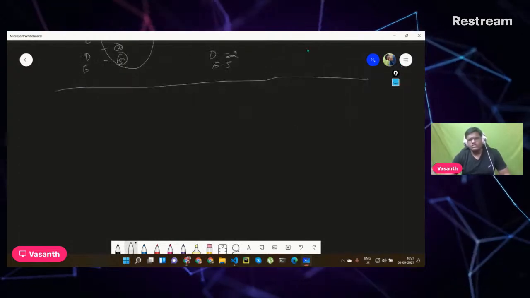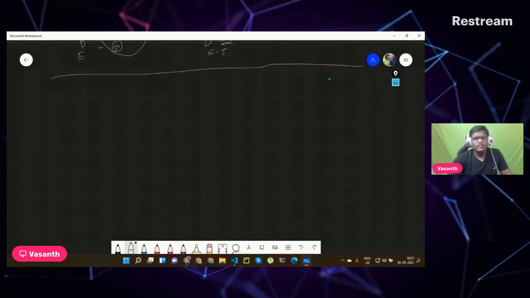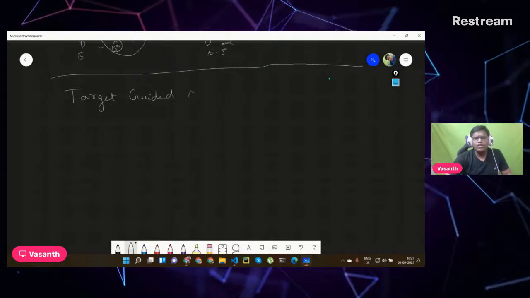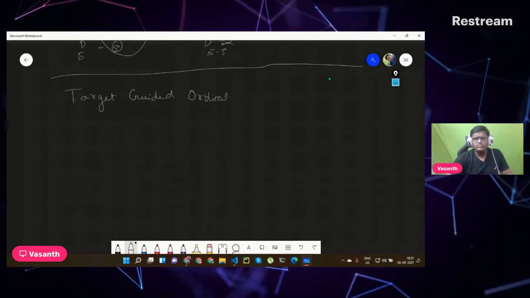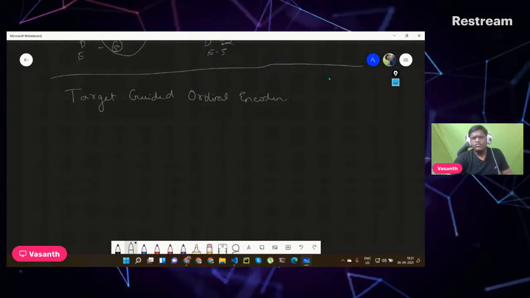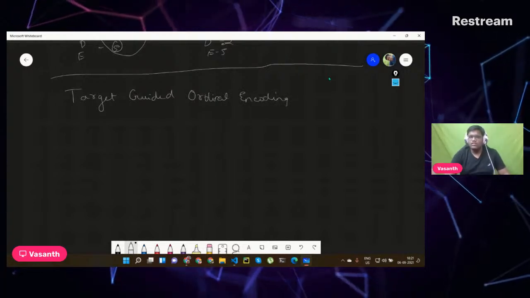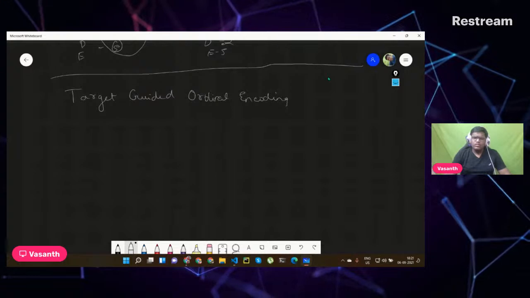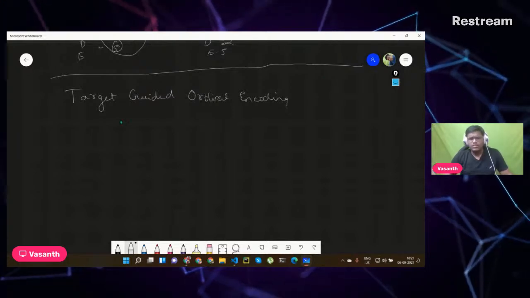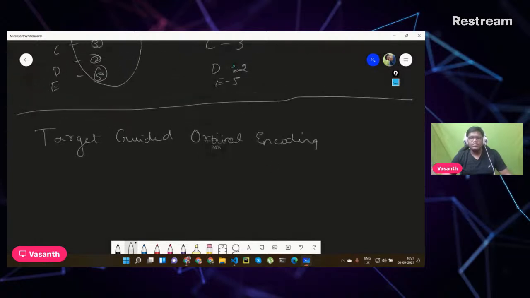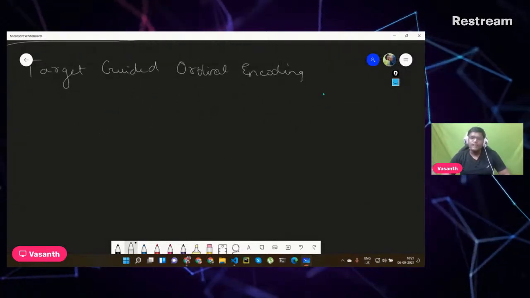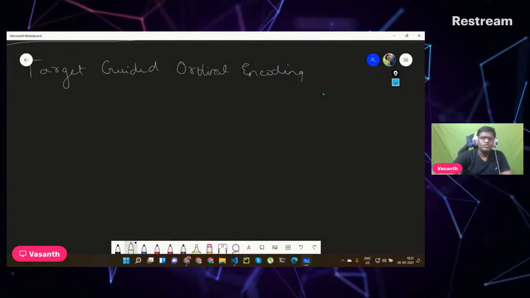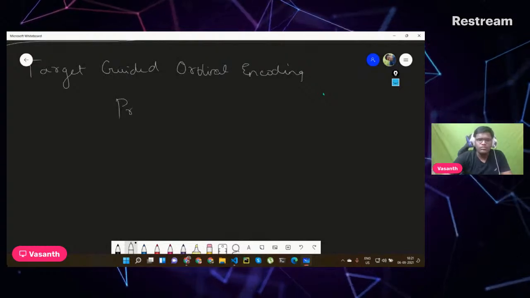So next we are having target guided ordinal encoding. I'm just going to explain the theoretical part, how it usually works. I'm not going to go line by line. Label encoding was very simple, but this one is different. Target guided ordinal encoding just means that the principle is you need to encode